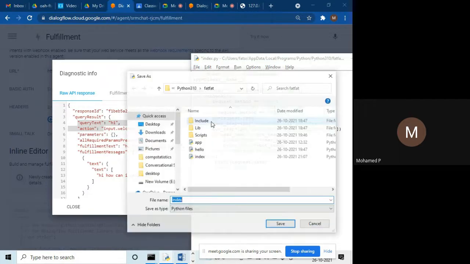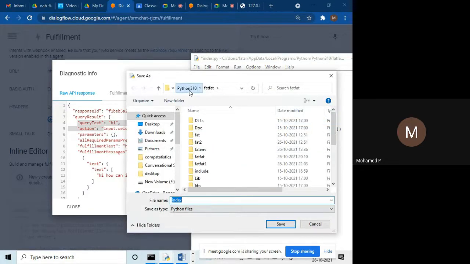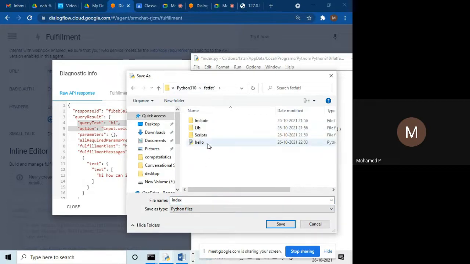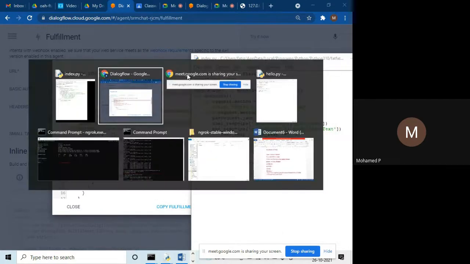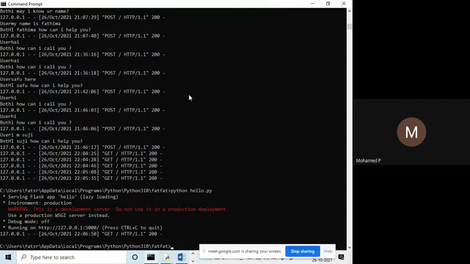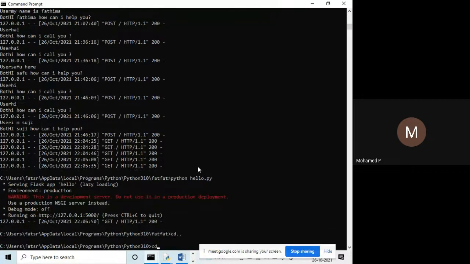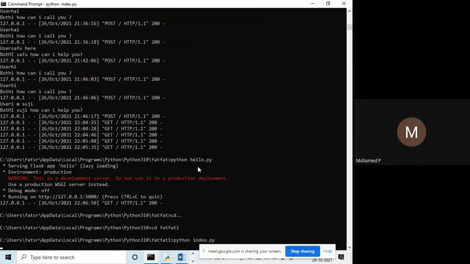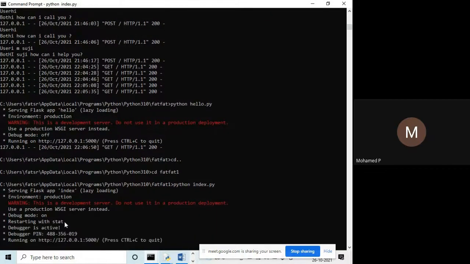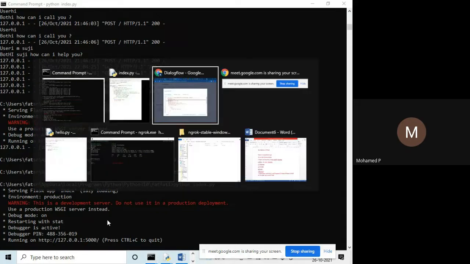Now I am going to save this in the folder that we have created, right? Fat1.py. So here I am saving it. Okay, so let me get into the command prompt again. Cd fat1. I have that Python file now. So python index.py. Once you execute this, immediately it shows serving Flask app index, right? So it is creating this one, and here